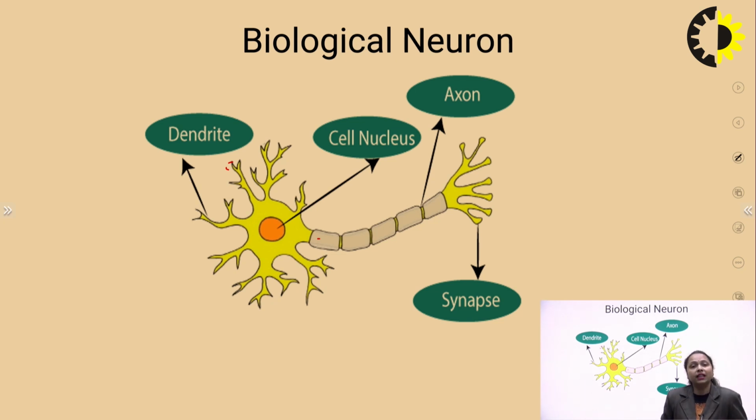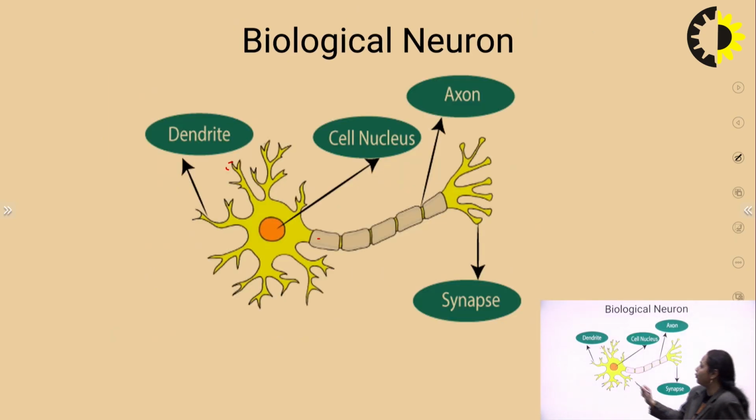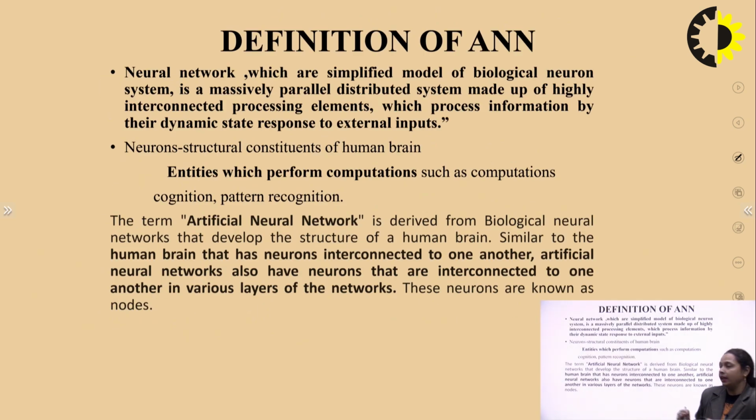As we know, there are millions of neurons present in our brain. Multiple neurons are connected with this synapse, and the axon is responsible for transferring the information from one neuron to another. And what is the cell nucleus? It is responsible for processing the information. Whatever input we receive from the outside world is processed with the help of this cell nucleus. In a similar way, we create an